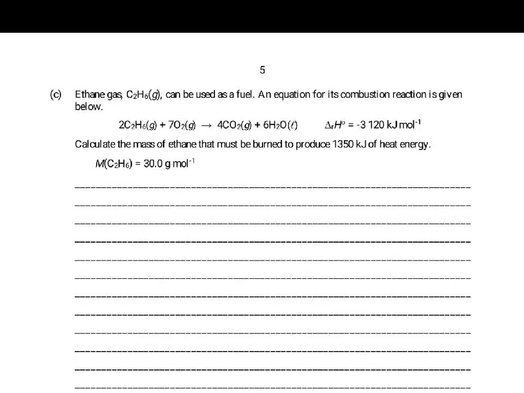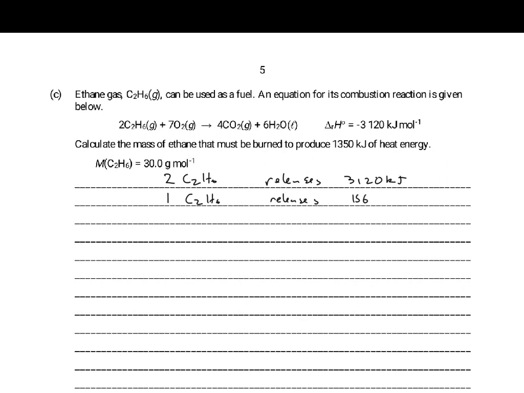On to part C. Ethane gas can be used as a fuel. They've given you an equation. Calculate the mass of ethane that must be burned to produce 1,350 kilojoules of heat energy. So we're going to go through a similar type of process. If you look at the equation, we have 2 moles of ethane. So 2 moles releases 3,120 kilojoules of energy. 1 mole of ethane